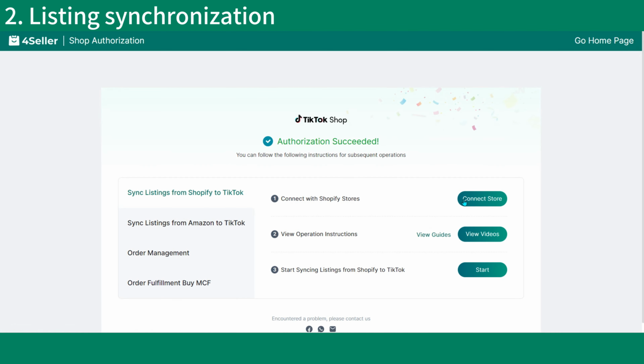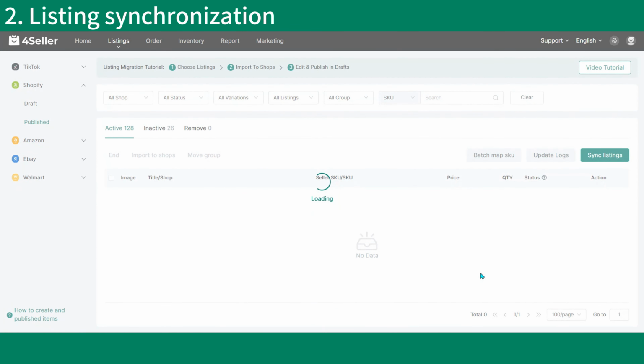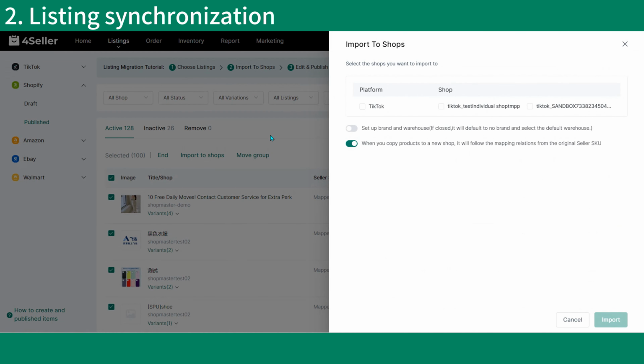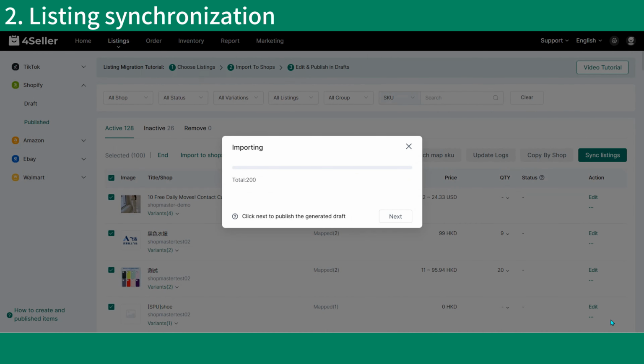Now you need to first follow the instructions to connect your Amazon or Shopify store with ForSeller and start syncing listings to TikTok. Check the blank grid beside the image. You could check all the listings in your store with one click. Go to the import shops in the action list. Select the TikTok shop you want to add listings to in bulk. Simply click import. Even if you have one or more than 1,000 products, all of them will be synced to